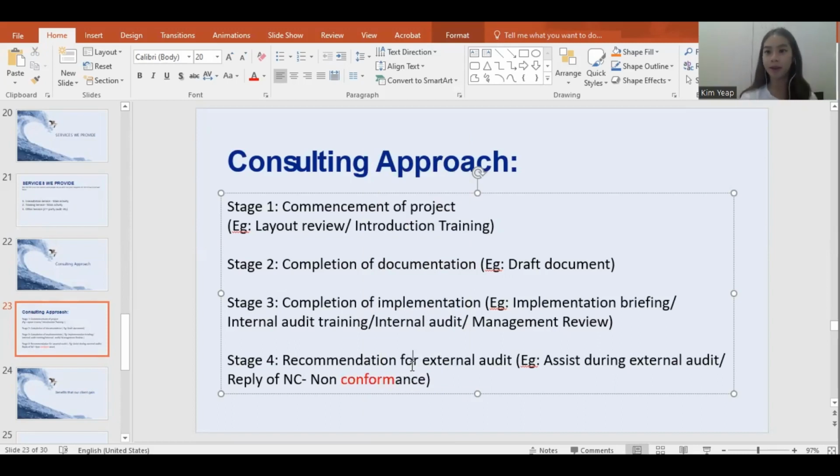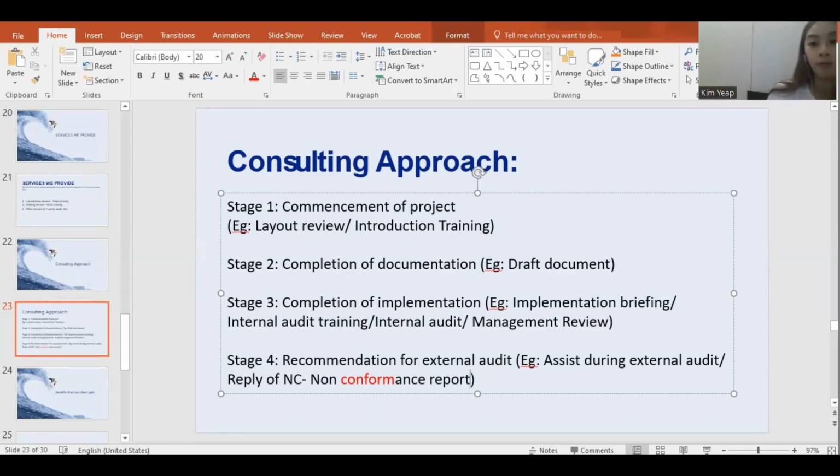Still remember I said that the real auditor will come here and do the checking, right? So after the checking, usually they will have comments. Usually they will say, this one I think you're not following. This one I think you're not following. Not follow means non-conformance. So with all these comments from the real auditor, they will give a report. It's called the non-conformance report.